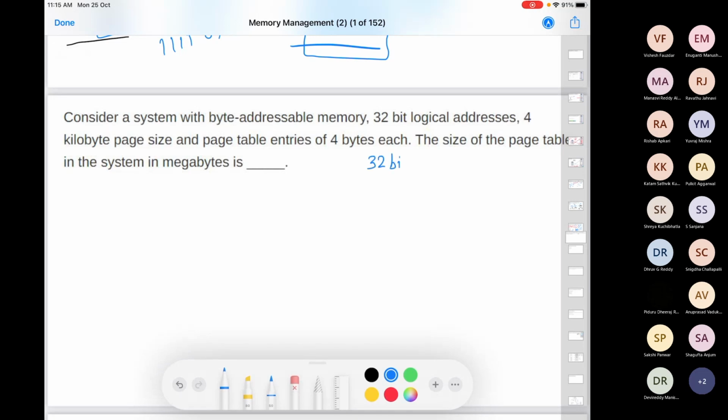You can assume that your physical address is also 32-bit.